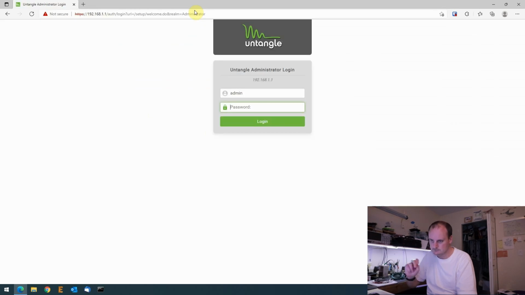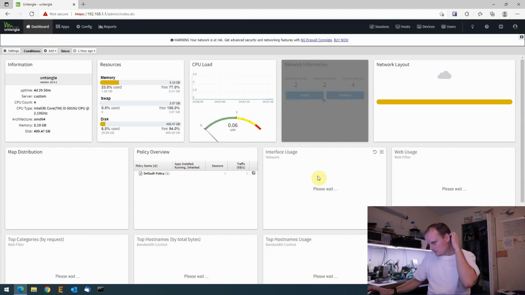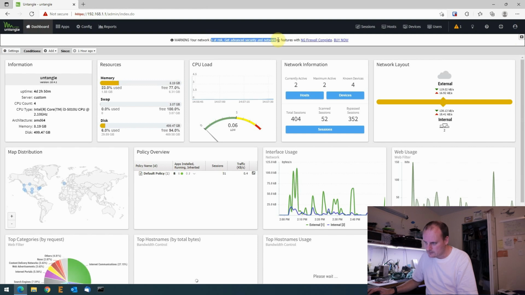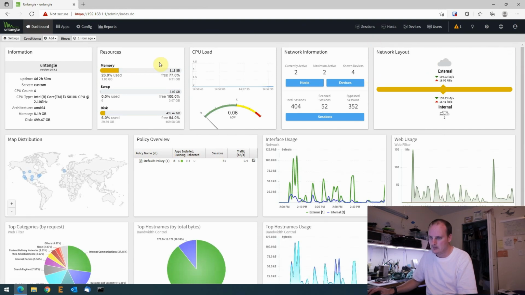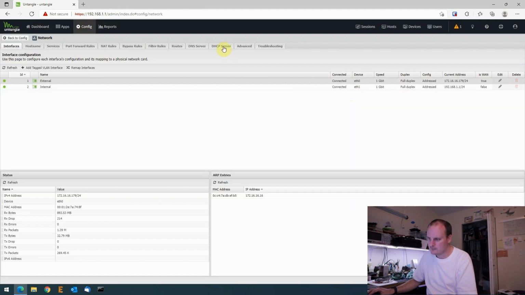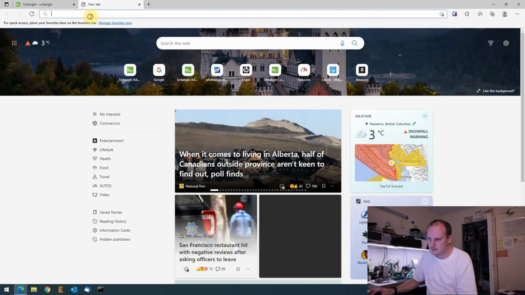192.168.1.1. What is this asking? Warning, your network's not at risk. Get advanced security. Oh, because I don't have a complete package yet. Okay. So, config, network. Let's make sure the switch is this right here, because if we take this IP address and go here,